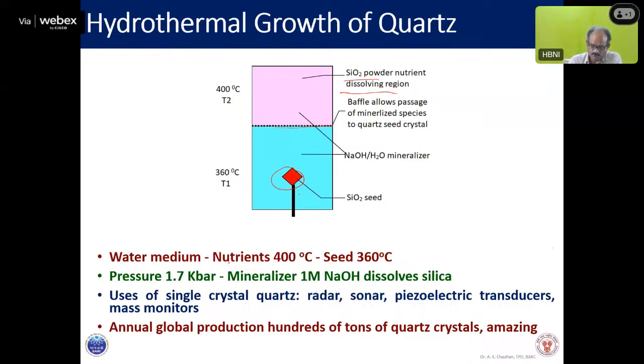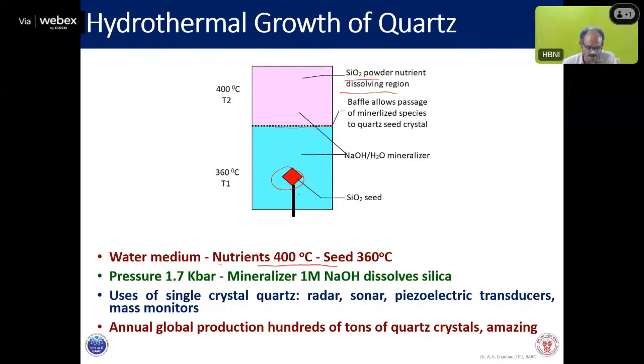So it is this water medium where the charge is placed at 400 degrees centigrade, and the seed is placed at 360 degrees centigrade. The pressure of the entire thing is nearly 1.7 kilobar, and in this particular temperature setting,